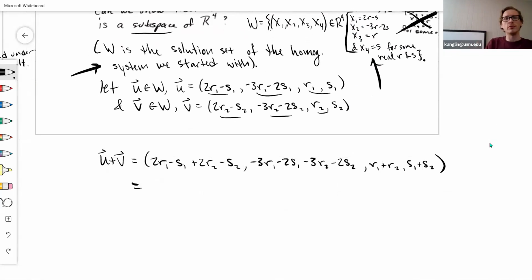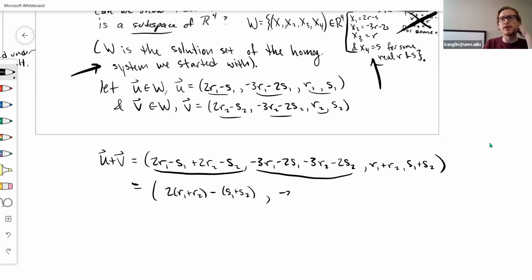Well, look what we can do. This guy is 2 times R1 plus R2 minus S1 plus S2. That's the same as what I have here. It's just grouped in a sort of convenient way. In all this stuff, I'll group things similarly. Negative 3 times R1 plus R2 minus 2 times S1 plus S2. Finally, R1 plus R2,